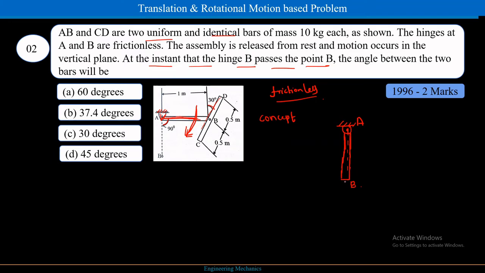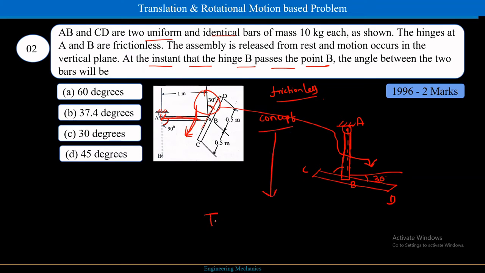Okay, so if there is no motion between CD and AB, my angle between these two will be the same. Like here, earlier it is some angle, and it is 30 degrees. This 30 will come here, because there is no torque